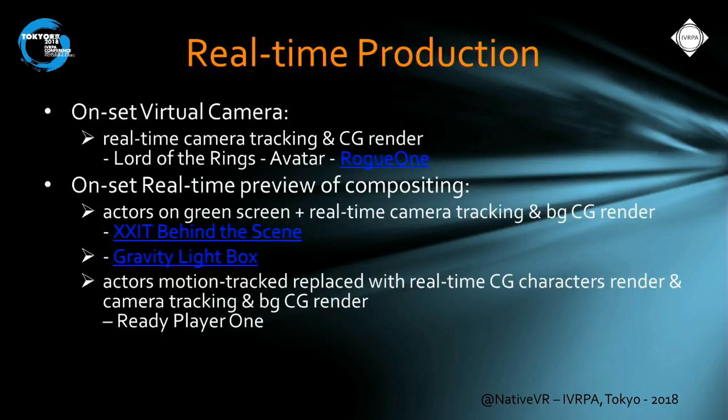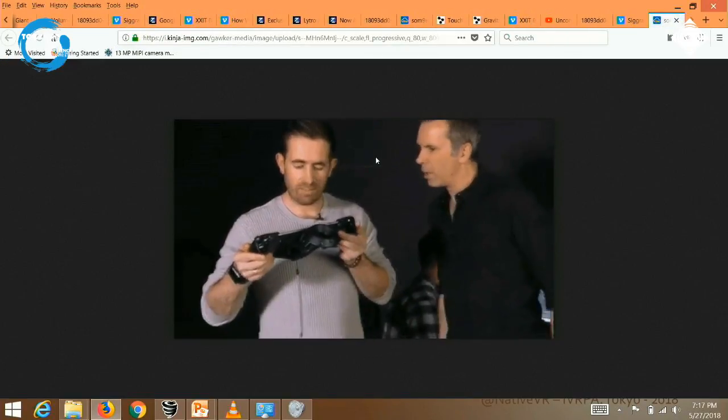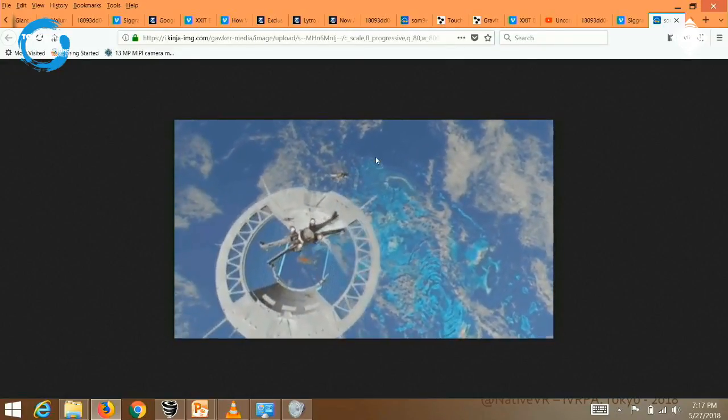So the first thing is the on-set virtual camera. Productions for big budget movies have become so, like, they have so many green screens that sometimes you just have the actors and green screens all over. So it's very difficult for the actors to act and for the director to direct the camera because they really don't know what they are going to be surrounded with. So they started to use real-time camera tracking and CG render for Lord of the Rings and Avatar,